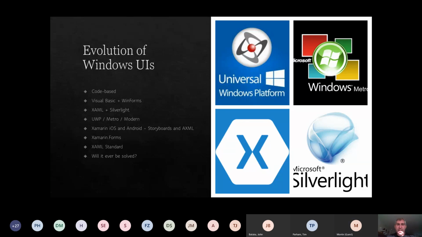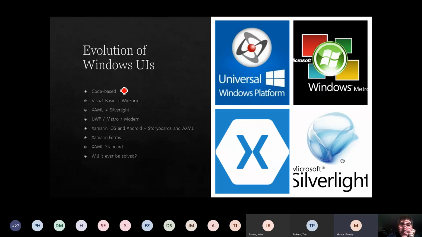Microsoft started pushing, not pushing hard, but pushing XAML standard. Like, okay, we have a few different versions of XAML. We got one that was from Silverlight. We got one for UWP. We got one in Xamarin. We're going to come up with a XAML standard. Okay, cool. I don't know if that went anywhere, but you can kind of see as Microsoft developers, we've had